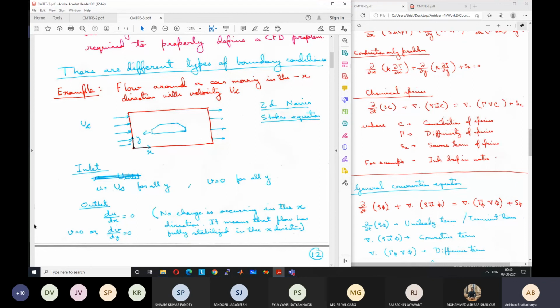I am not looking for any number, but the logic behind taking the size of the domain. You can say 20 times, 50 times, but what is the logic of taking the size of the domain? How will we select? Because there is no actual domain. The actual domain is very large. It's entirely air for a very long distance everywhere, on the top side, on the front, on the back. But how much size should we take? If we take too large a size, it will lead to more computational time.